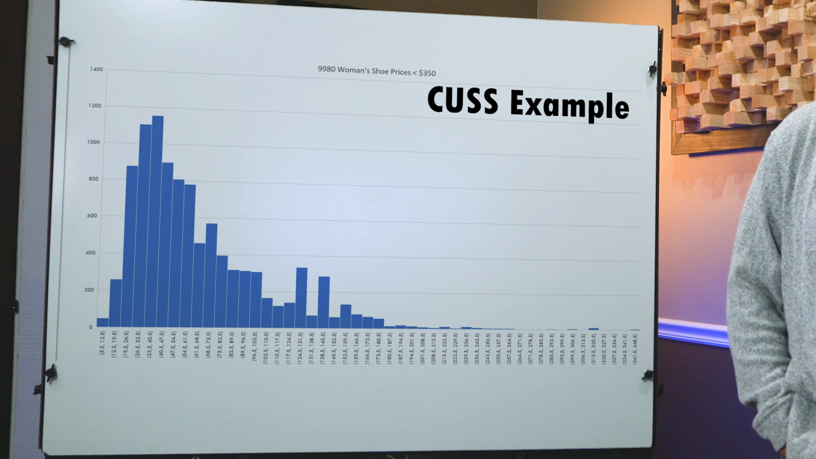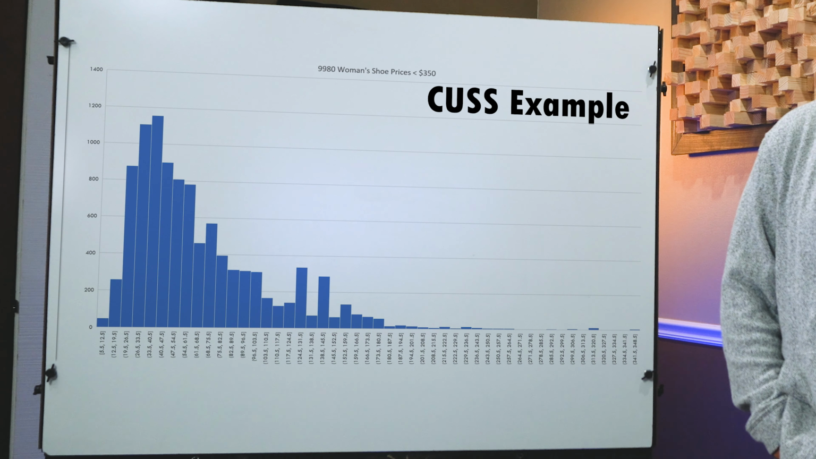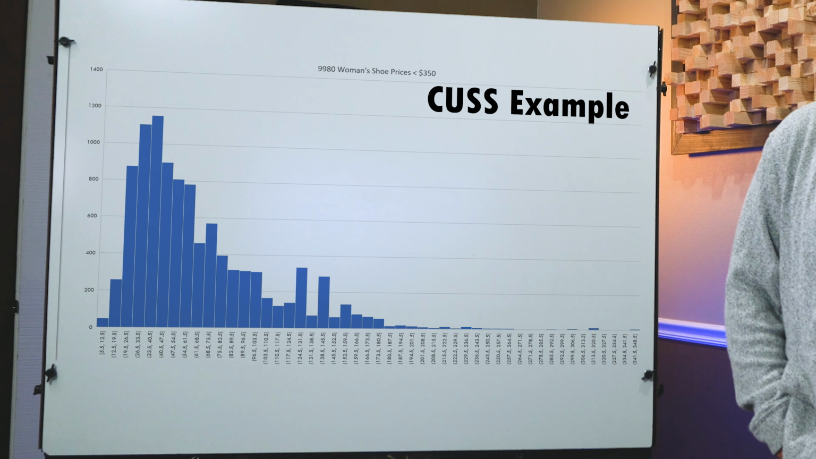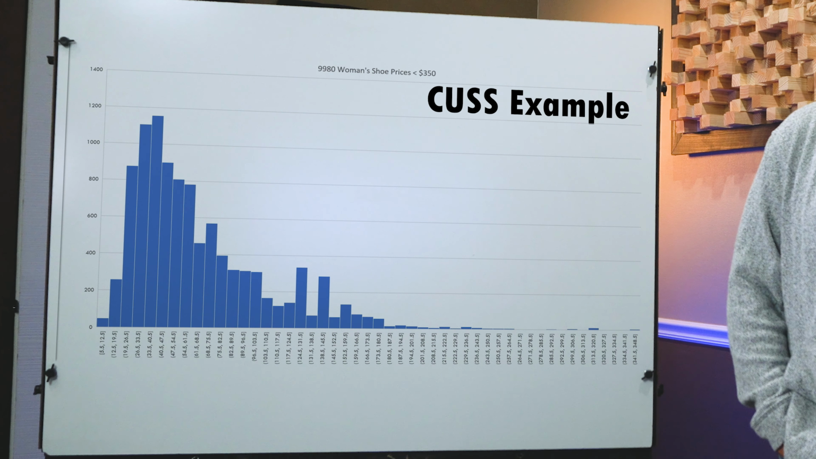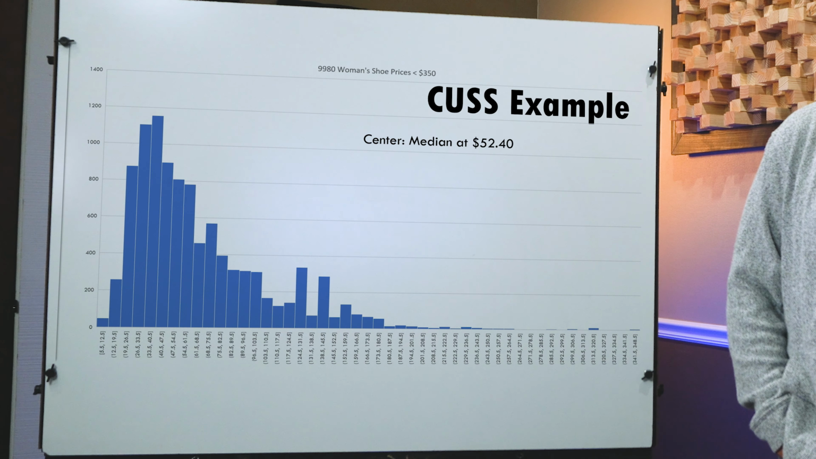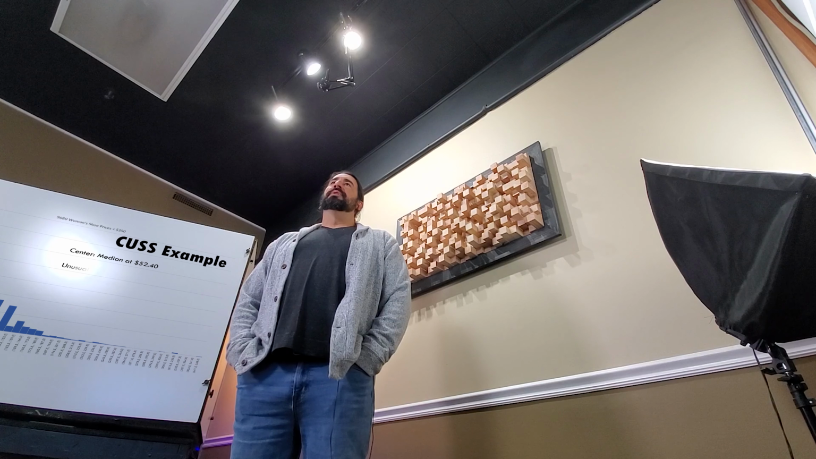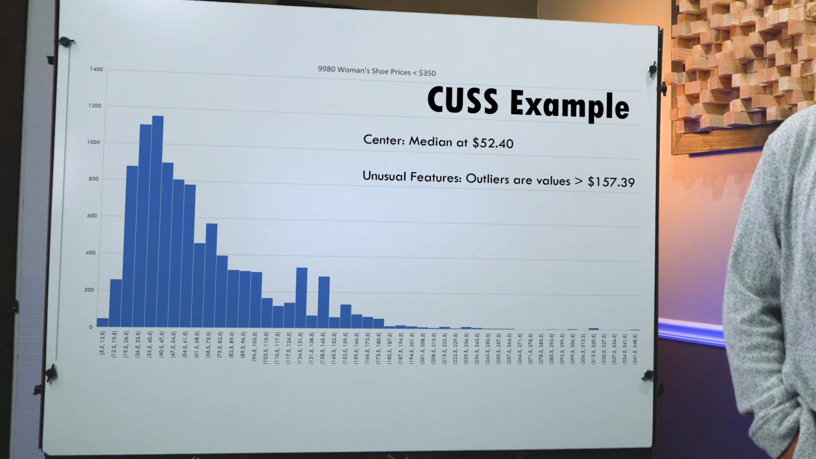So in this example, I found a data set that had 9,980 women's shoe prices for under $350. Let's use CUSS to describe this data. For center, I calculated the median at $52.40, and since this data is skewed, it's the more appropriate value to report for center. For unusual features, there were a few values larger than